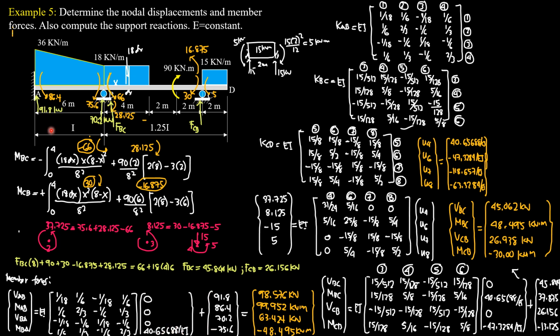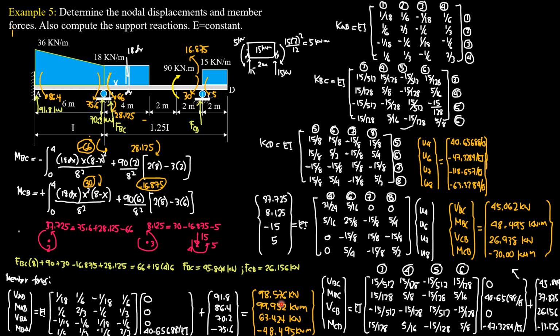Fixed forces 91.8, positive 86.4, positive 70.2, then negative 75.6. So since these are all zeros, the fourth column will be multiplied by this. So 16 times 40.65688 plus 91.8, you will get 98.576. Shear AB or reaction at A, upward reaction at A,